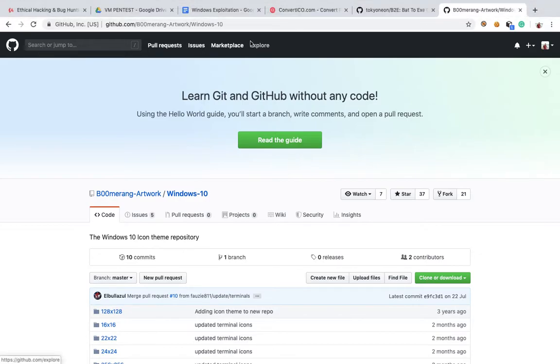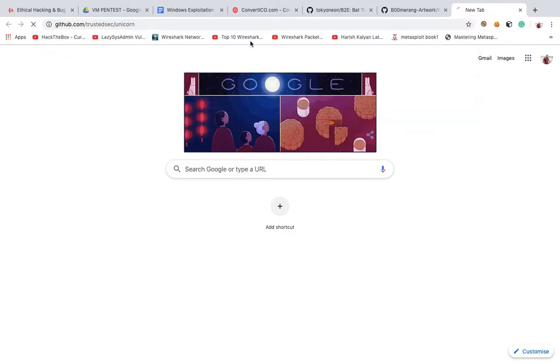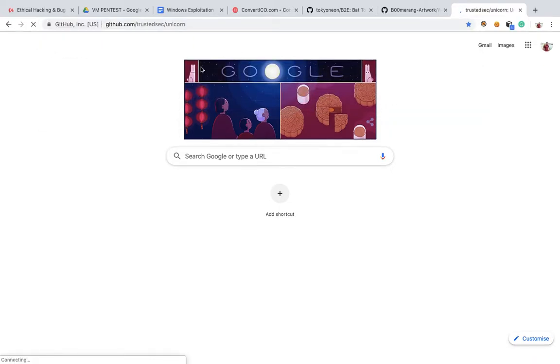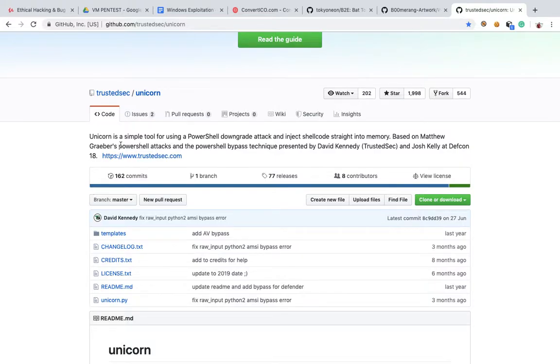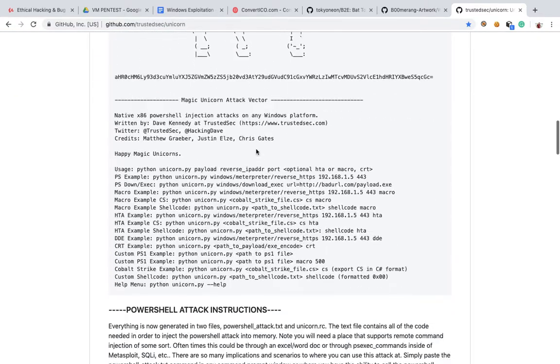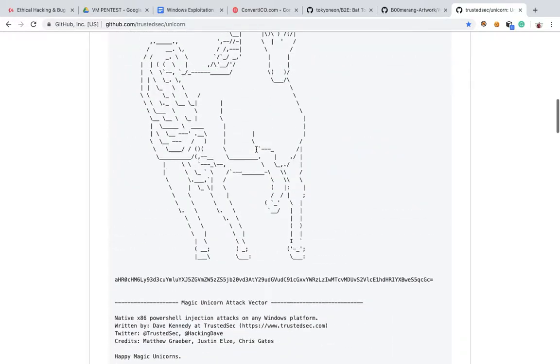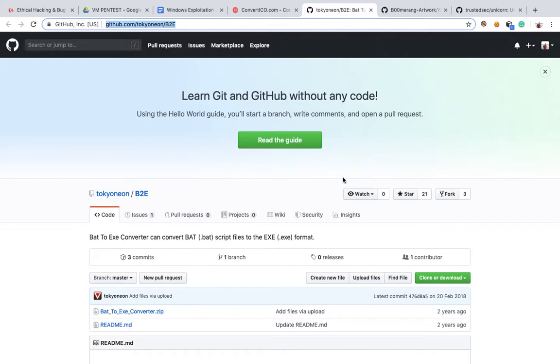So TrustedSec has come up with this thing called Unicorn. It's in their GitHub repository. This is a PowerShell attack method used to evade antivirus systems, basically the Windows detection system. It's really cool the way they process this, and I've come up with this post where you actually